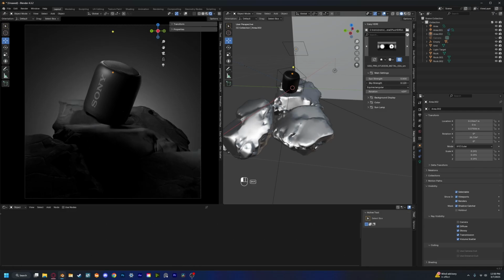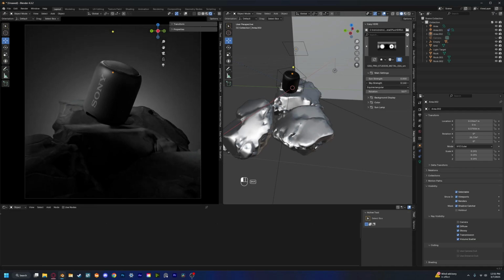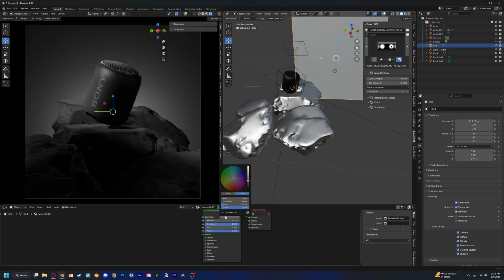I like using area lights. Oh, I like that, bringing more attention to the logo and stuff. That looks nice. I'll turn it down a little bit. It's pretty sweet. It kind of blends a little too much into the background, as you can see right here, and I'm not a big fan of that. So let's take our background and we can